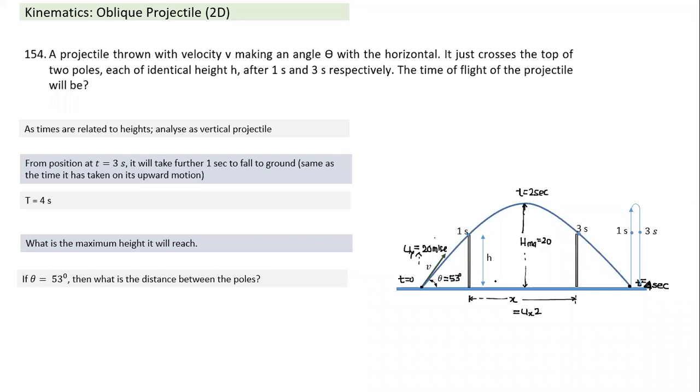So other things also can be found out: how far the poles were kept from the point of projection. All such variations of questions can be solved. So only once this key point is understood, the number of questions we can frame based on this, and all questions can be easily answered.